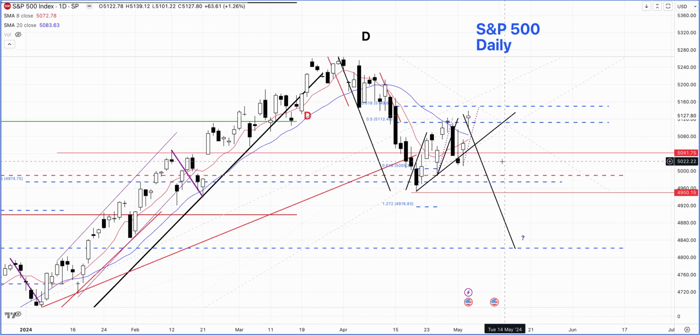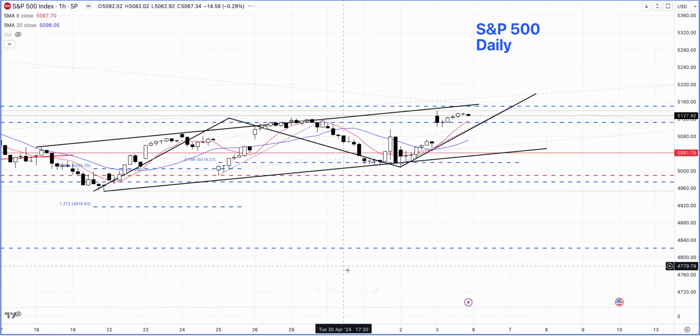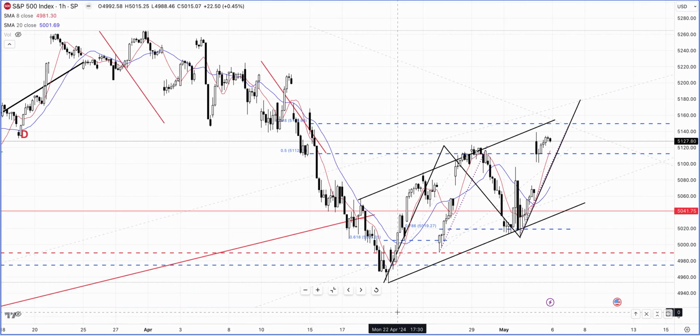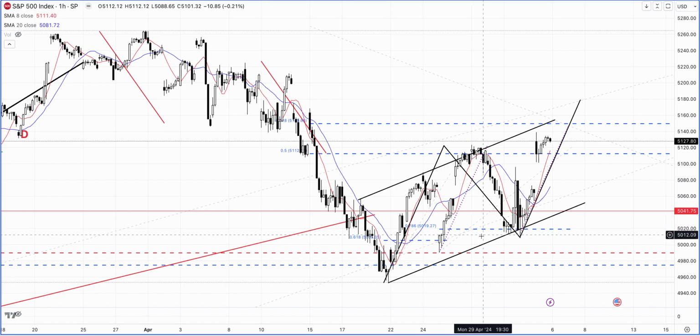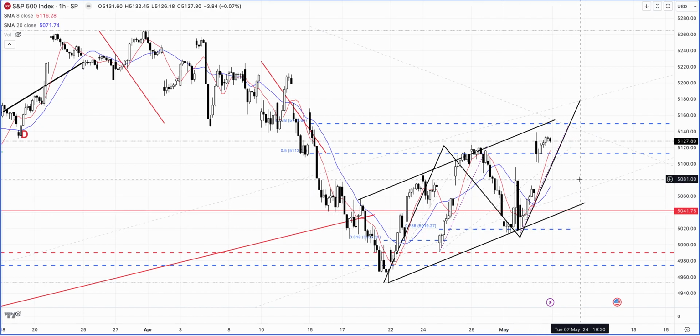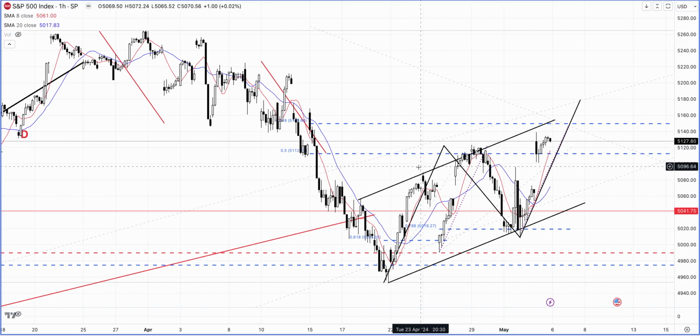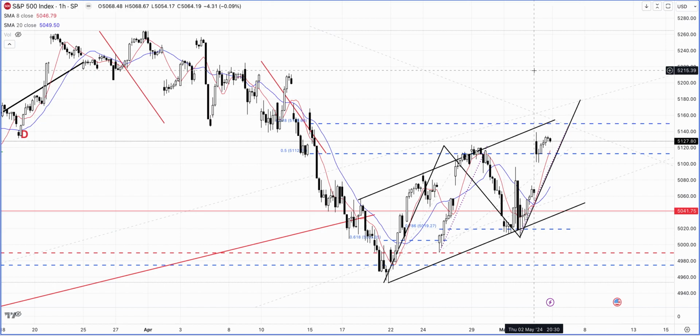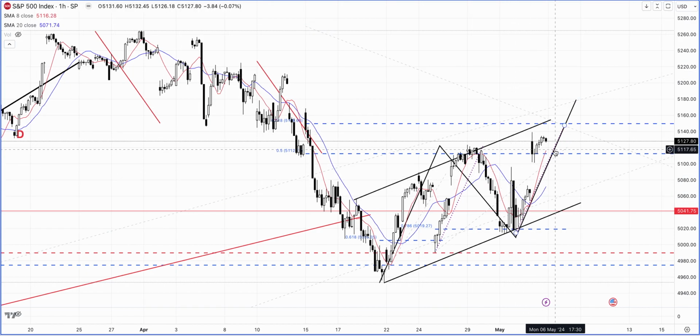So the possibility that we're looking at is three scenarios, and let me go down to the hourly chart to be a little bit more clear. We can see that this huge downward trend has begun into more of a trading range now, because it's moved into a channel formation. So what is also possible is if the market begins to move into the second half of May and we are still going through the correction, then the three scenarios that we're looking for